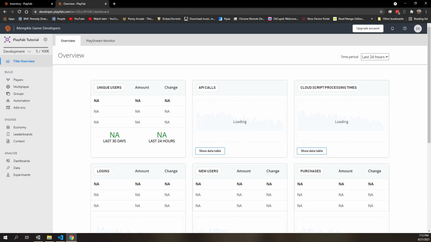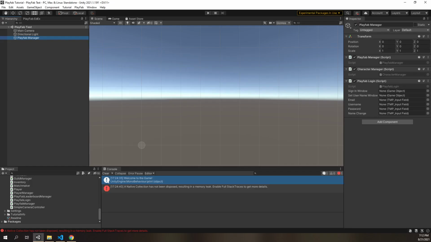Alrighty. Alright, so let's hop over into Unity real quick. Okay, so I don't have a whole lot of fancy UI set up for this, but the Playfab SDKs are over on the Microsoft Playfab website here. I'll drop a link in the description for the SDKs. And also there's a Playfab